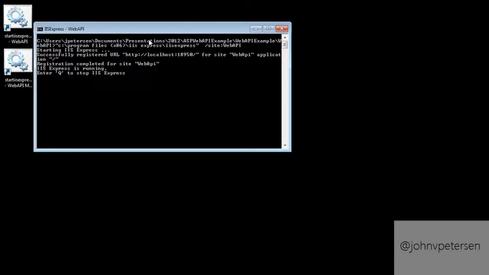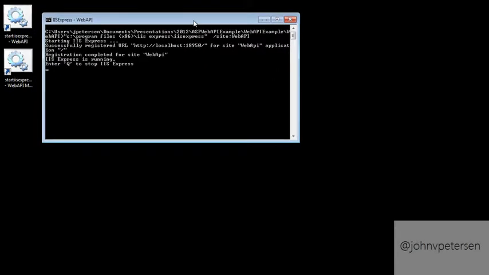Now, if you have WebMatrix 2, you can also use it to see the activity. I kind of like the simple, clean interface that the command prompt gives me. I've been doing it this way for about a year and a half, and old habits die hard. But if you have WebMatrix, that'll also work to see a lot of the activity. So here it is. Here's the Web API.